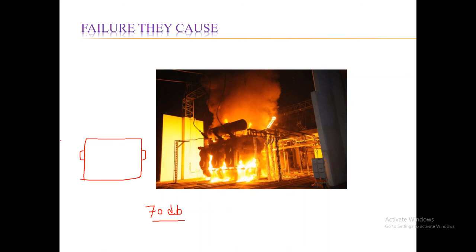Here you can see that the two sensors I have mounted over the tank of this transformer. Now suppose there is a bushing and I am applying the voltage level. If the oil inside the tank consists of bubbles, then when the voltage is being applied, this bubble gets charged. As a result, the discharge will take place. So when the discharge is occurring,